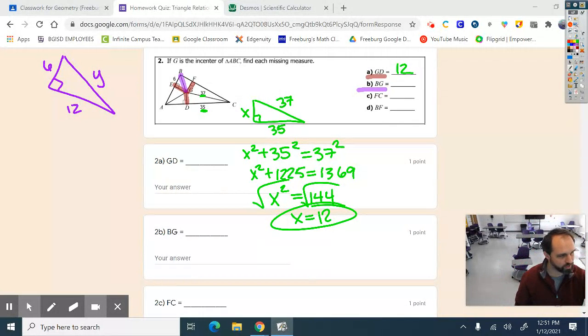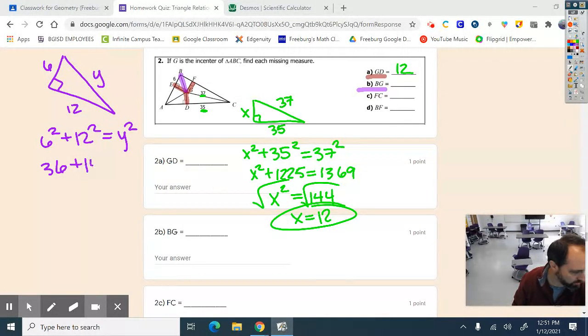It's kind of fun. So those of you who are comfortable with that or have been taking some trig stuff already might go, oh, that's 6 root 3. It's a simple thing. Anyways, let's go do it if we didn't recognize that. So 6 squared plus 12 squared equals y squared, 36 plus 144, 180 equals y squared,